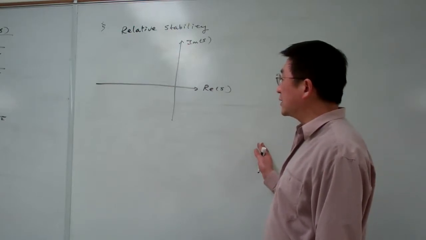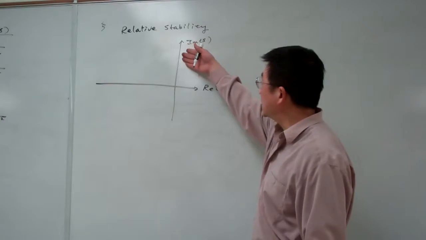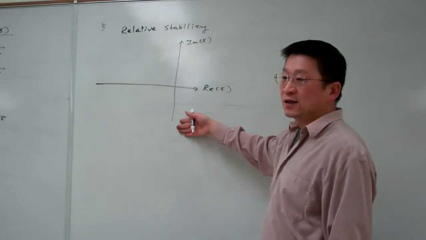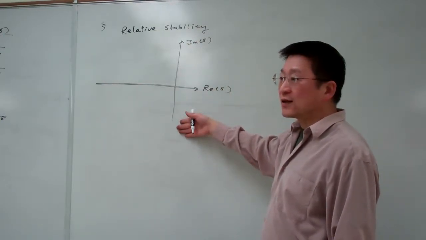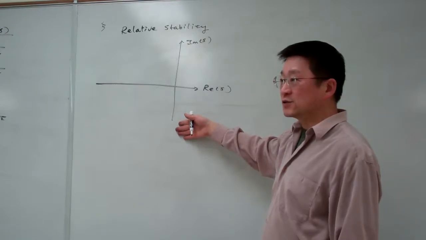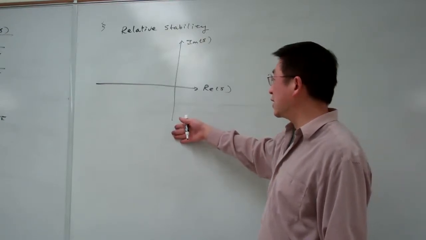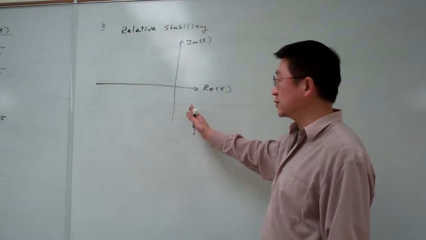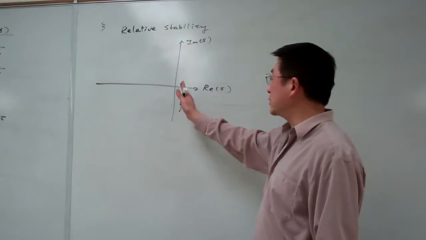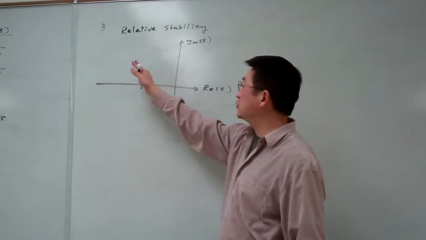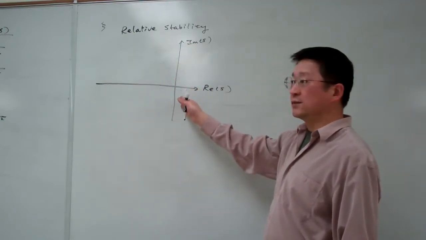We know that this is the imaginary axis, and for the common situations, if there are no repeated roots, then if all the poles are located to the left of this imaginary axis,